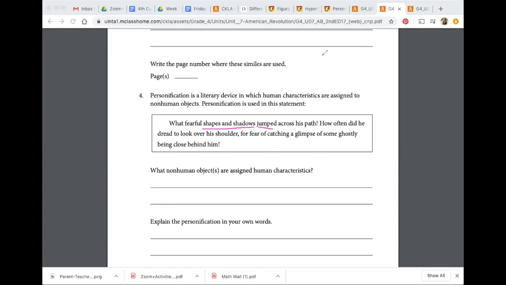Now, no, these things are not alive, so they can't actually jump. So yeah, the answer to that first one, it's the shapes and shadows, right? Ooh, I want to spell that right. Explain the personification in your own words. So to me, what it means is that the shapes and shadows